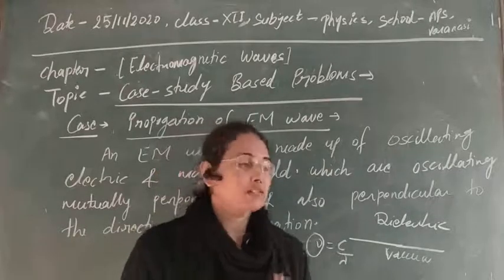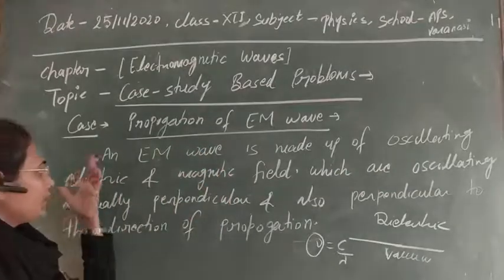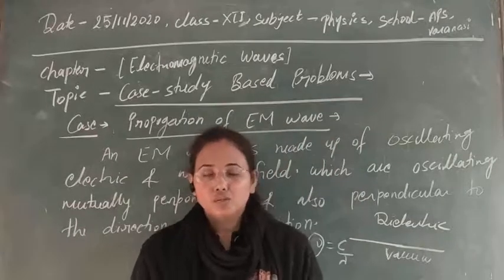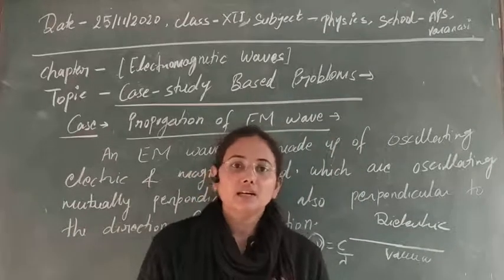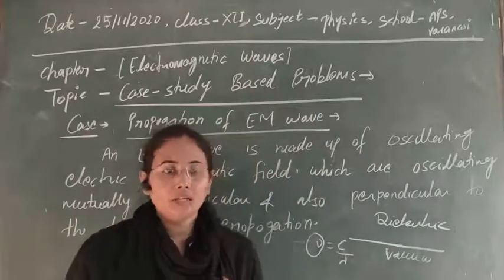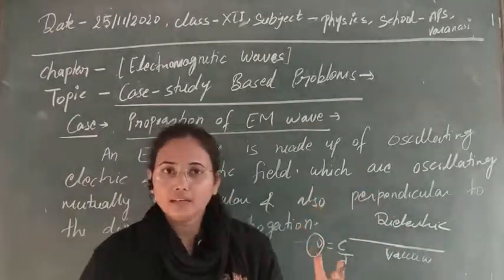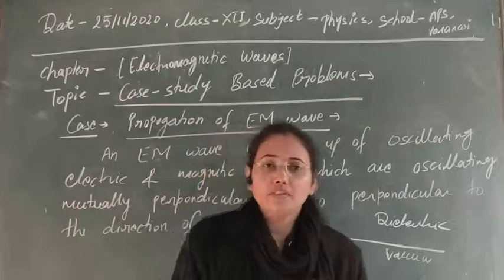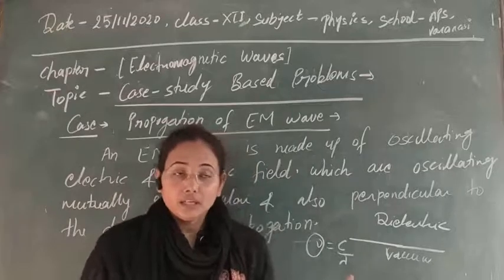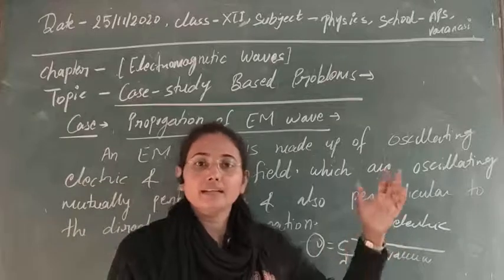questions can be asked based on this. As we already know, and I have told you, an electromagnetic wave is made up of oscillating electric and magnetic fields. So whether it will change with the medium or not. As you know, when we change the medium, like in a dielectric medium, a new type of current is introduced, that is the displacement current. So if displacement current occurs here, then obviously the electric field will change.